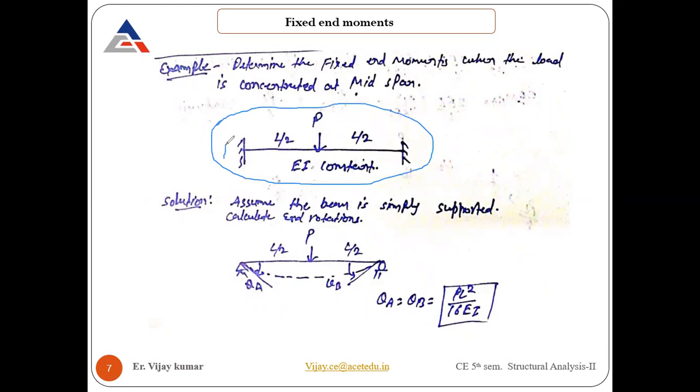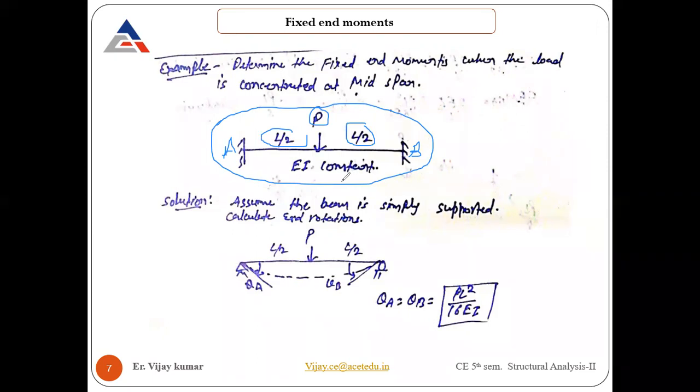Suppose this is a point. Let me draw it. This is the A point and this is your B point. These are the 2 points, where the load is acting at the center point. So obviously it is going to split the beam into 2 equal half lengths, which is L by 2, and this one is also L by 2. EI is given constant, which means